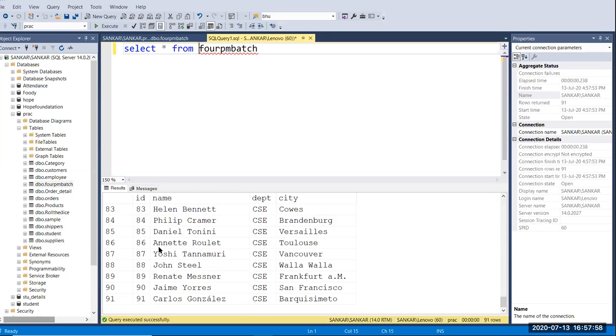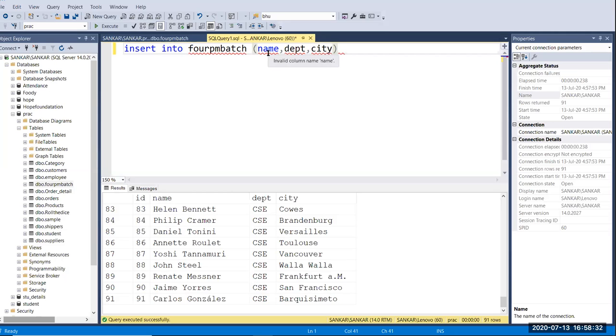So I'm going to add one more value using the insert query. Insert into the table name, which is the PM batch. Then here you have to pass the columns: name, comma, dpt, comma, ct.